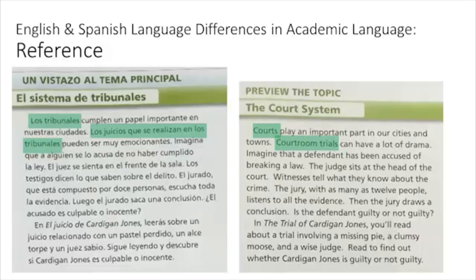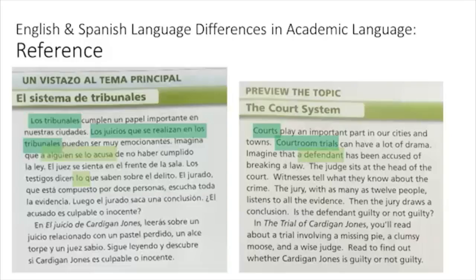It's los juicios. And so there we see an embedded clause, que se realizan en los tribunales, in order to make that connection back to los tribunales. And in fact, embedded clauses are often used in Spanish to expand upon and provide more information, and that is a specific difference. We also see the use of reference, just again in the nature of Spanish, where we see